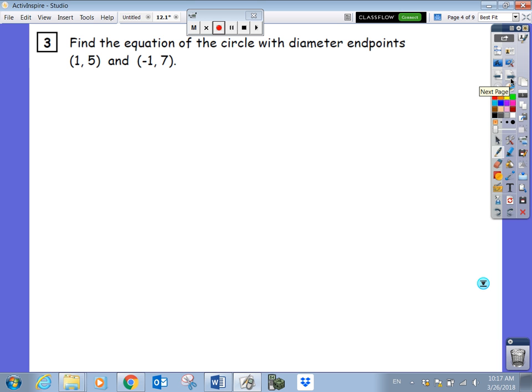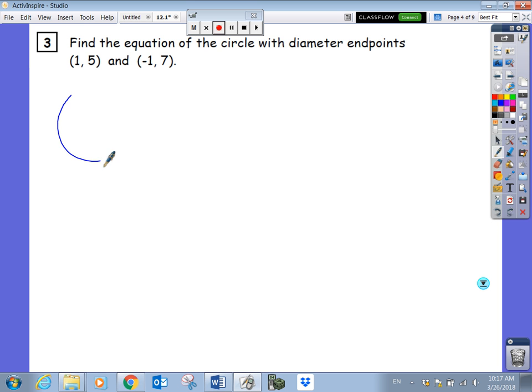All right, find the equation with diameter endpoints (1, 5) and (-1, 7). If drawing a picture is helpful to you, then do that. So we have a circle. We have the points (1, 5) and (-1, 7). If those are diameter endpoints, it's not a very good circle, okay? But that means